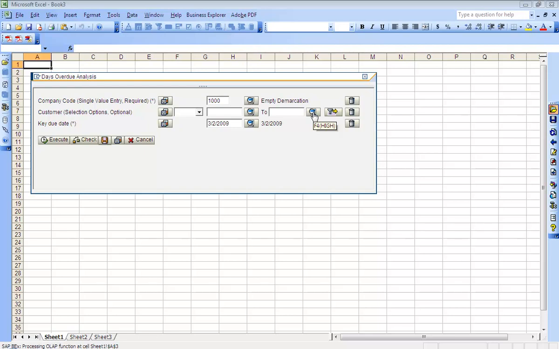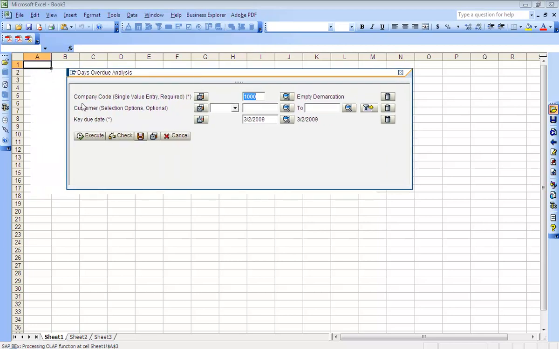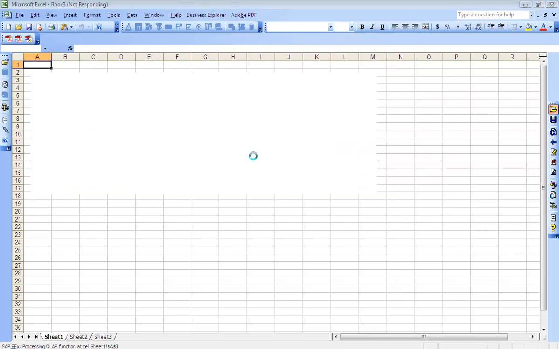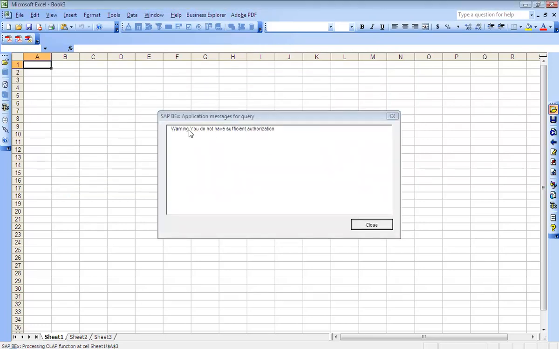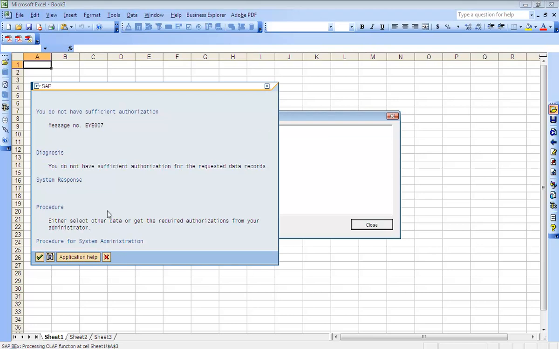Keep in mind that previously, when we executed with the value 3000, we got the data. After that, we made the company code characteristic or info object authorization relevant, so that any query that has the company code field in it would be checked for company codes. So the data can be restricted by the company code values. Let's go and execute. Now you get a message saying you do not have sufficient authorizations.